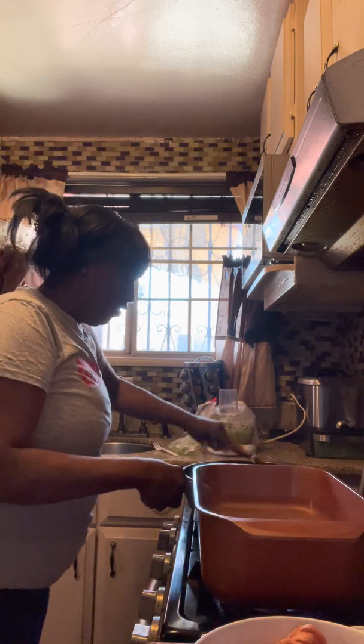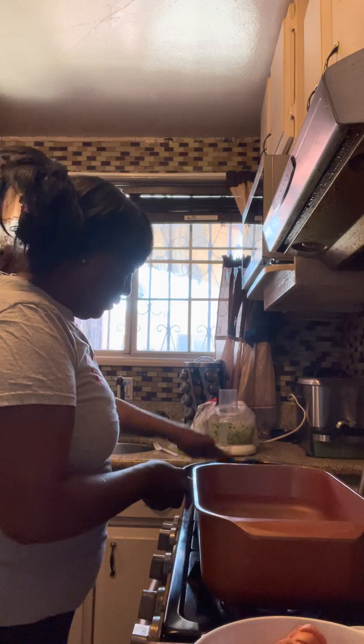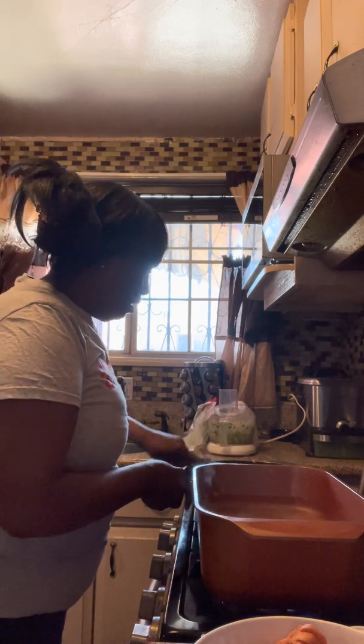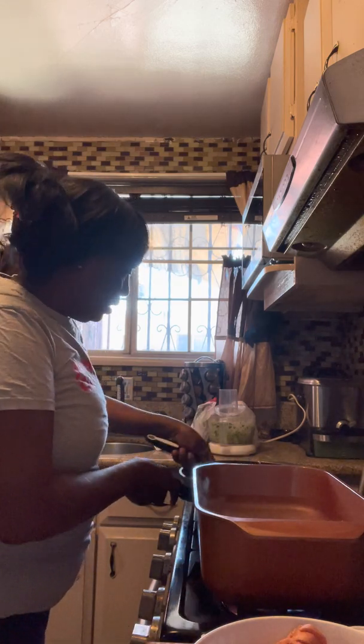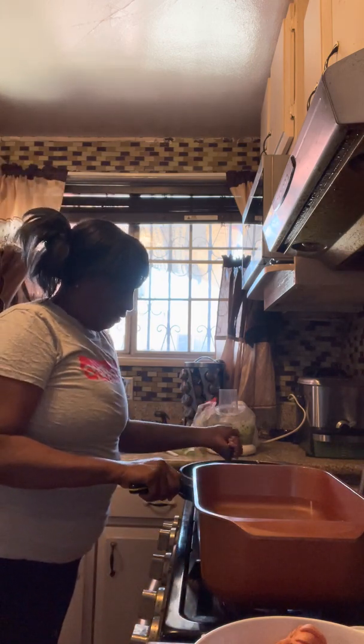And seasoned salt and black pepper and onion powder. So I'm just going to cook this until it gets, like I said, thoroughly cooked. And after that,